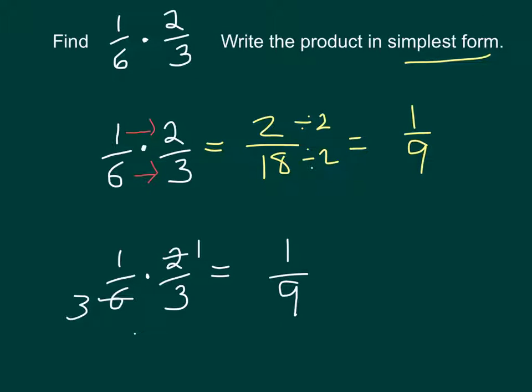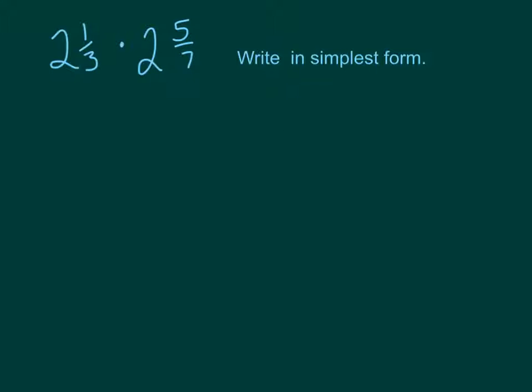Let's say this problem was negative 1/6 times 2/3. I do it the same way, except my answer would be negative because 1 negative times 1 positive is always negative. If I'm going to be multiplying mixed numbers, like I have here, 2 1/3 times 2 5/7, first thing